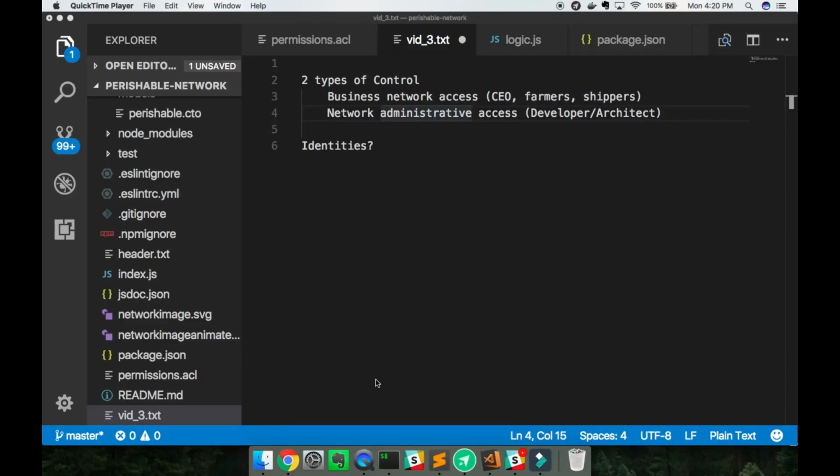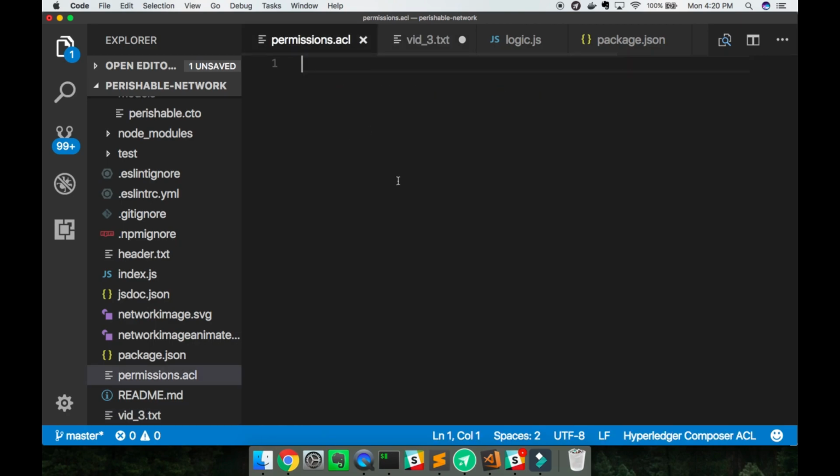This is part 3 of the Hyperledger Composer development series. In the last two videos that we went through, we talked about the development environment, how to set that up, and also the modeling language for the Composer environment. In this video, we're going to be focusing in on the permissions.acl file, which you can see here is blank